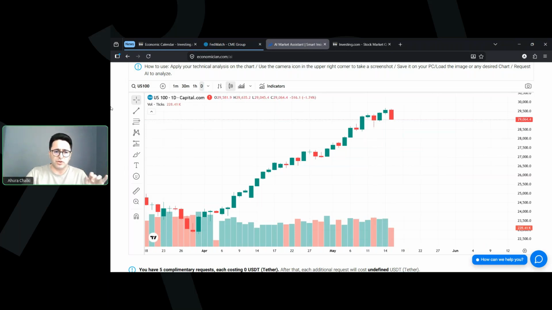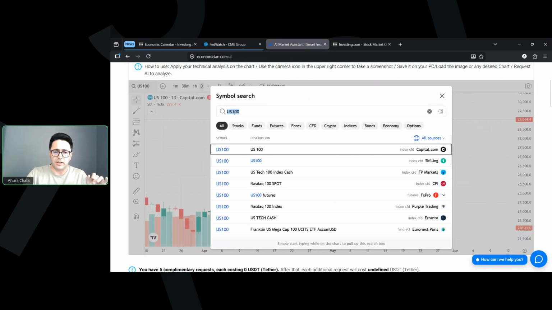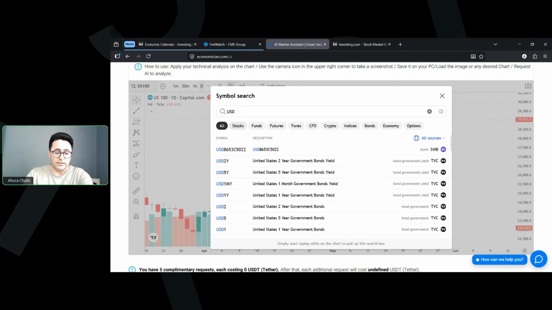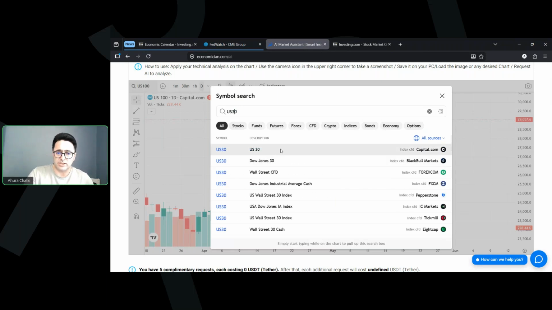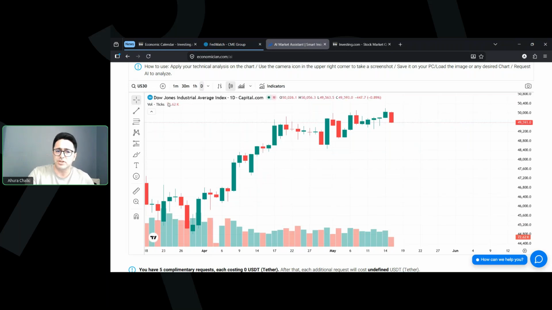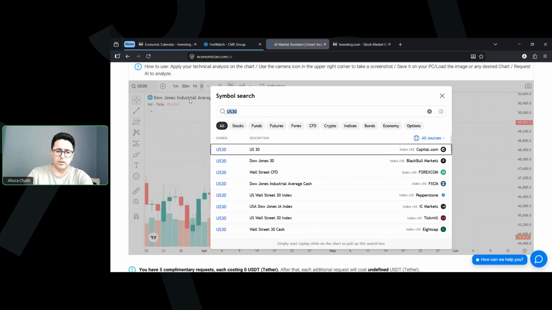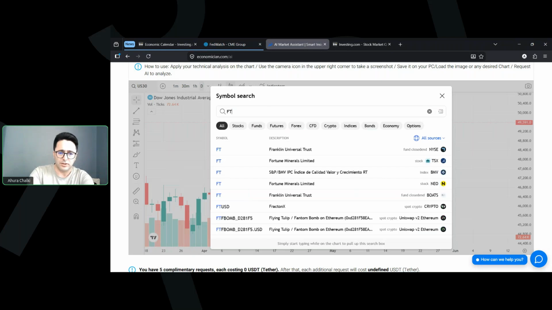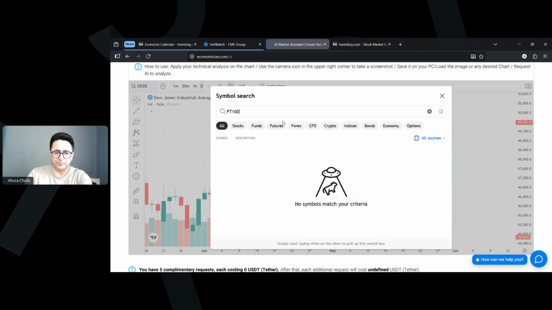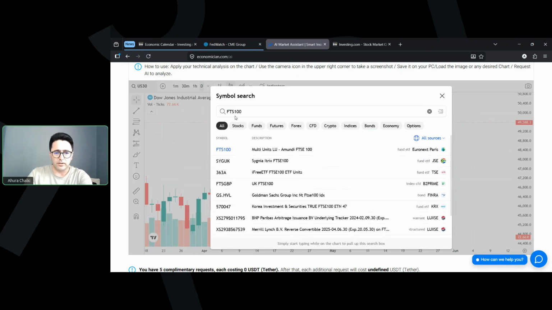The same situation we have not just for the Nasdaq and S&P 500. The same situation we have for Dow 30 as well. The same movements we have here. And it's about the same situation for the FTSE 100 in the United Kingdom. FTSE 100, here we go.